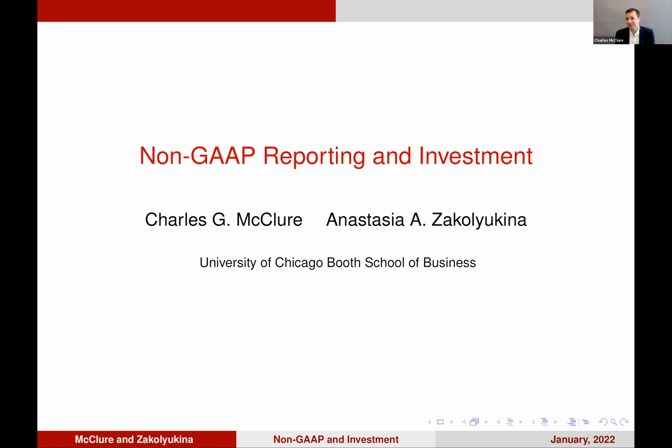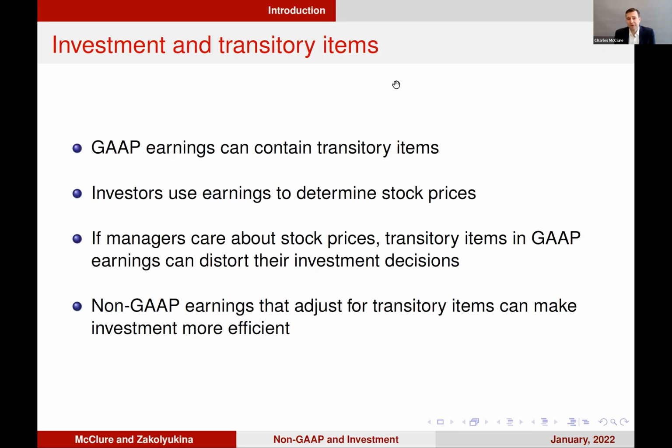And in this paper, we're looking at non-GAAP and investment. I think we can all agree that GAAP earnings isn't necessarily a perfect reflection of a firm's core earnings, and part of the reason is that GAAP earnings contains transitory items. This can affect a firm's investment decisions because investors tend to use earnings when determining stock prices, right? If you think about PE ratios and stuff like that. And if the manager cares about the stock price and investors are using a noisy measure of earnings